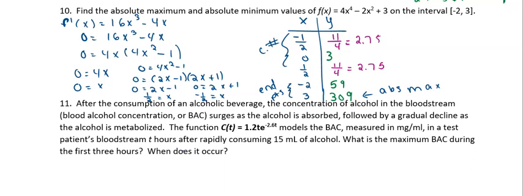359, nope. These two are our smallest. So both of these are going to be absolute mins. They're both the same value. They're both that 2.75 or 11/4. So when we're looking at our minimum, they're the same amount of minimum, if that makes sense. So they're at the same point